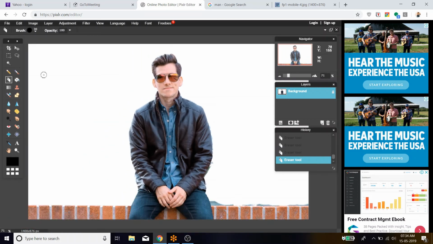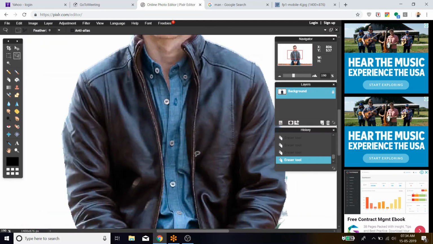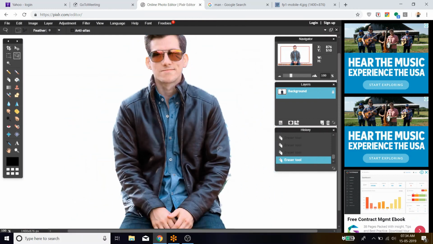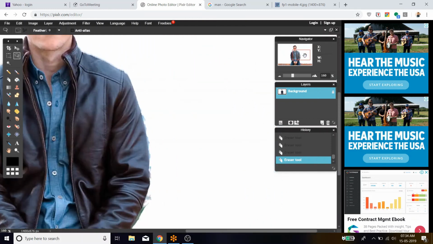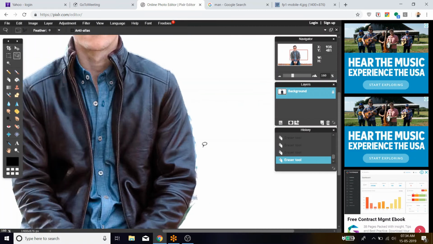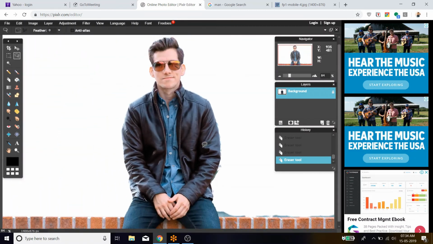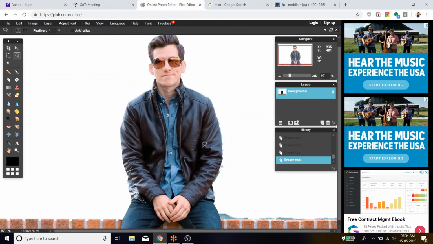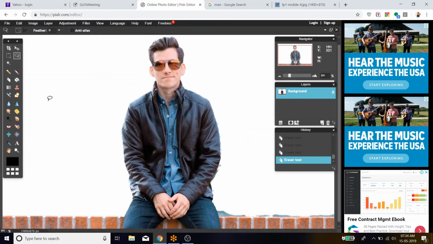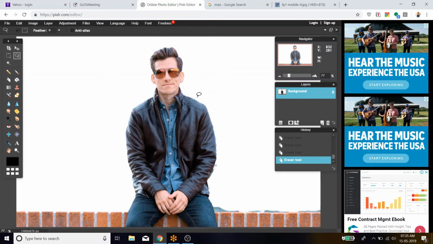Now you can see somehow the unnecessary background portions are also removed. On the left side, if I zoom in, there is no noise, but on the right side, if you zoom in, you can see unnecessary portions or noise. This is the benefit of using the lasso tool, so that it will look more professional. On the right-hand side I have used the eraser, that's why this is not professional.